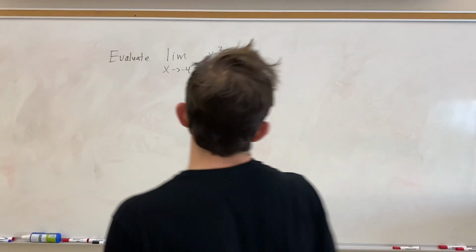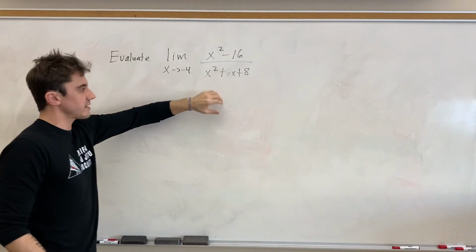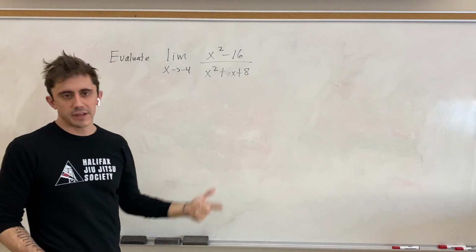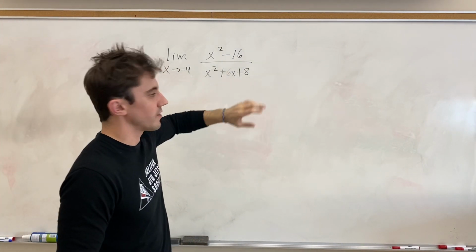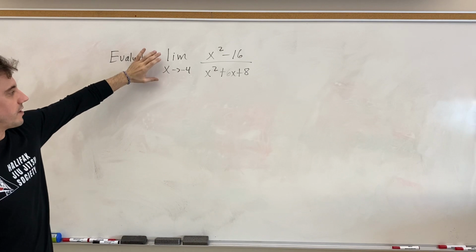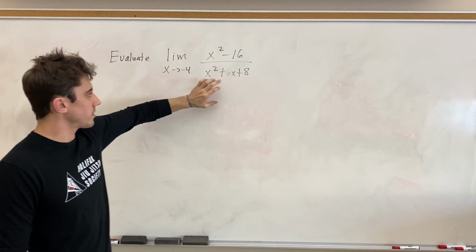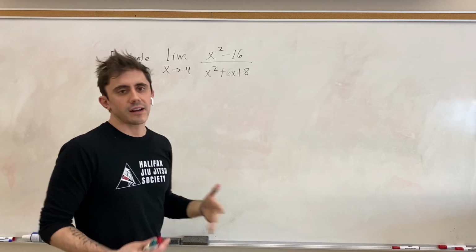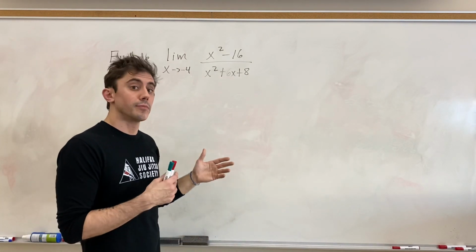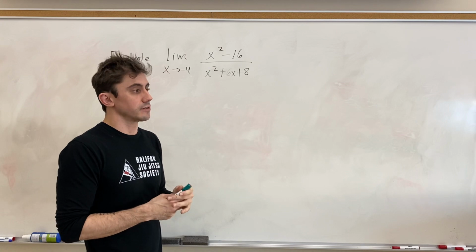Good afternoon, everyone. Today we're going to look at a limit that at first glance looks like it might not exist, but with a bit of algebra, we see that we can get a nice value for it. So we're looking at the limit as x goes to -4 of x squared minus 16 all over x squared plus 6x plus 8, a classic rational function, which is perhaps something that you studied recently if you're